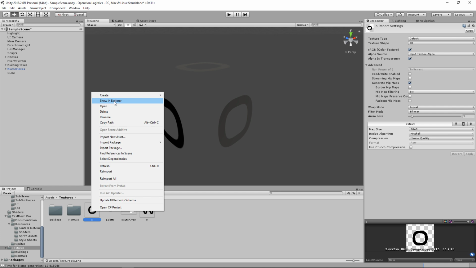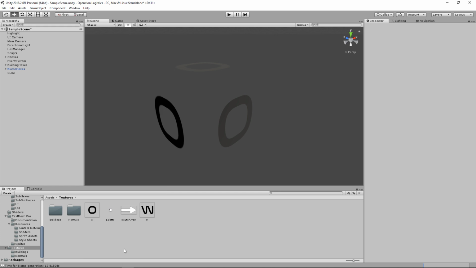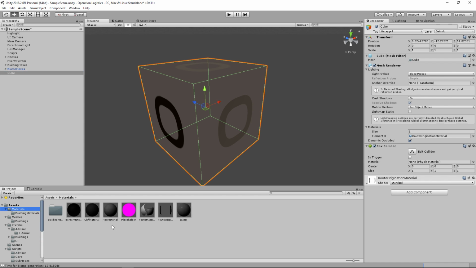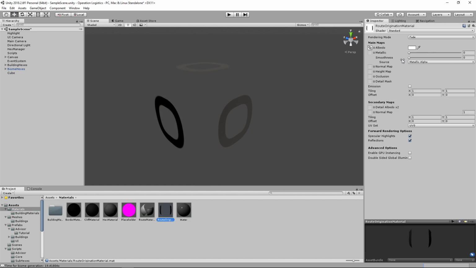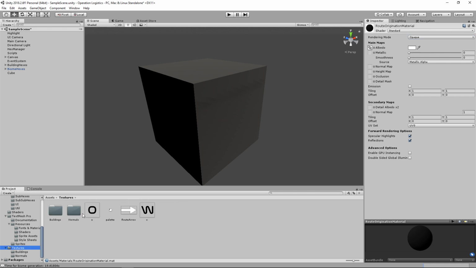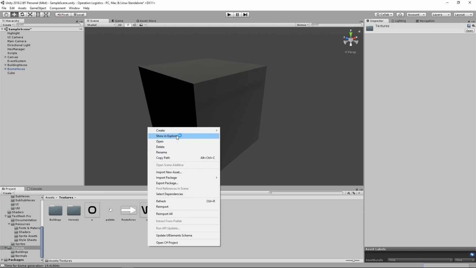So I'm gonna go ahead and, well, actually, do we need to modify the texture at all? I feel like maybe we don't, and we can just do it in the material. So we can come in here and go to our root origination, make it opaque. Okay, it makes it the same color. So we do actually have to modify this. I guess that's fine. So we're gonna go ahead and open GIMP back up and show in Explorer,